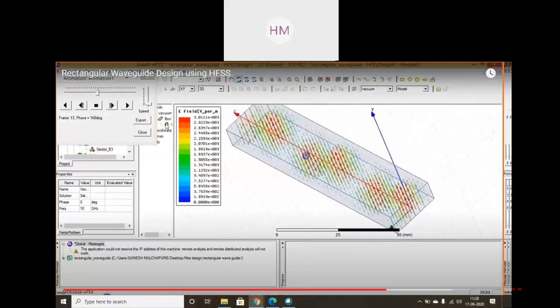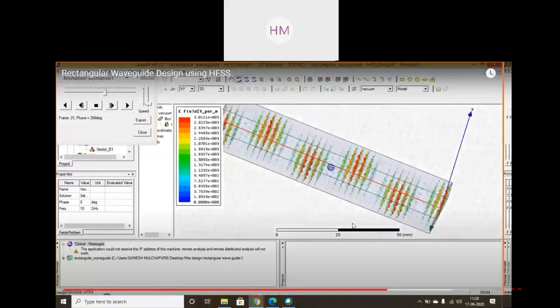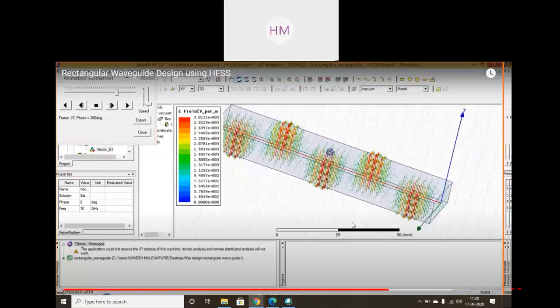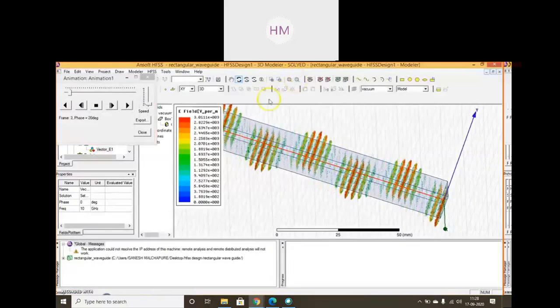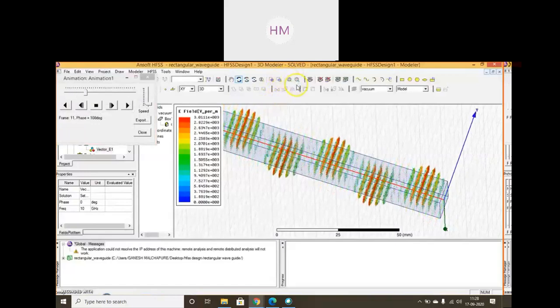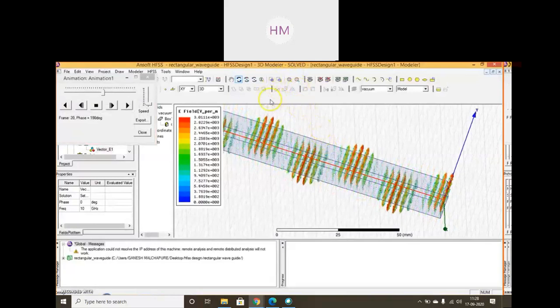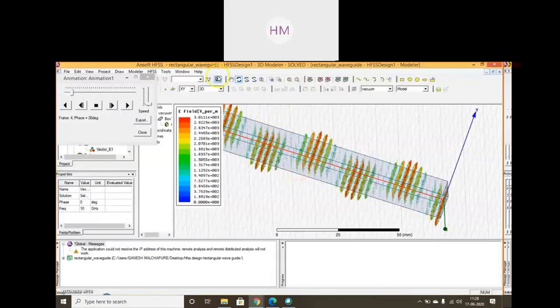This animation window came over here, and how my electric field intensity moves within the rectangular waveguide. प्रोजेक्ट मैनेजर में देयर इज एन ऑप्शन फील्ड ओवरलेज. ई फील्ड में जाओगे, राइट क्लिक करोगे, यू विल गेट एनिमेशन इफेक्ट वेक्टर E1.